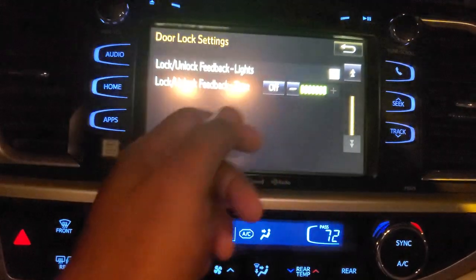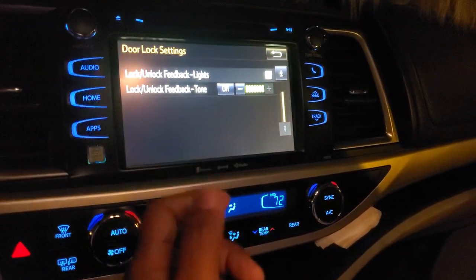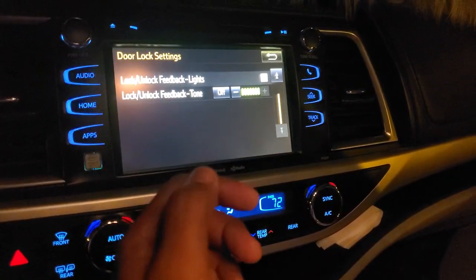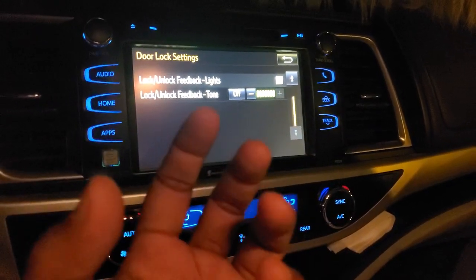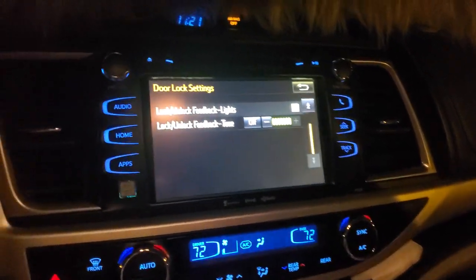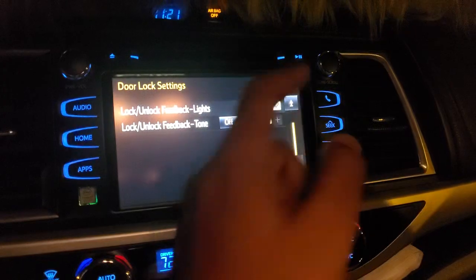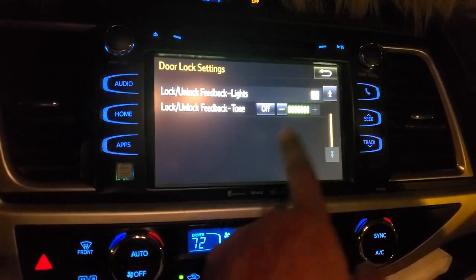The lights that turn on when you lock the car. For example, if you press two times, then all four indicators are going to blink two times. It means all the doors are locked. And then we have this option for that, we can uncheck if you don't want the indicators. And then we have the unlock and lock